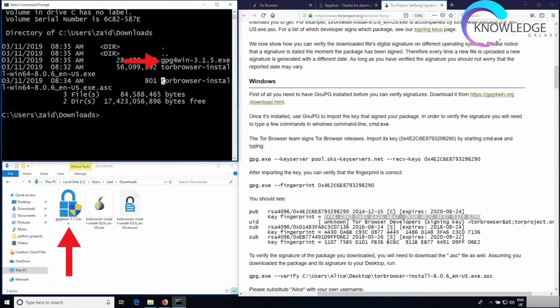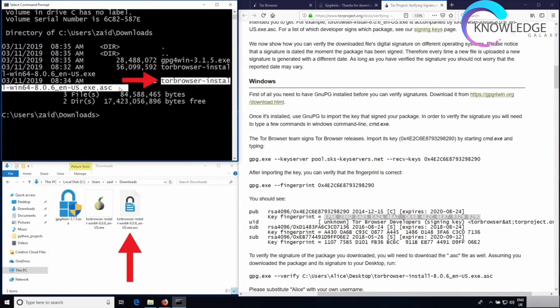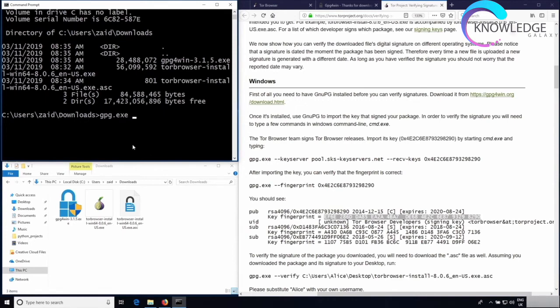And you can see we have the GPG installer, we have the Tor Browser installer, and the signature. So all we have to do is use gpg.exe again. We're going to say that I want to verify, and we're going to give it the name of the signature. So this is the name of the signature file. You can copy it. We also have it in here, so you can copy it from here, or you can just type the start of it followed by a tab. It'll auto-complete for us, and make sure you complete to the .asc to specify the signature file. I'm going to hit enter,